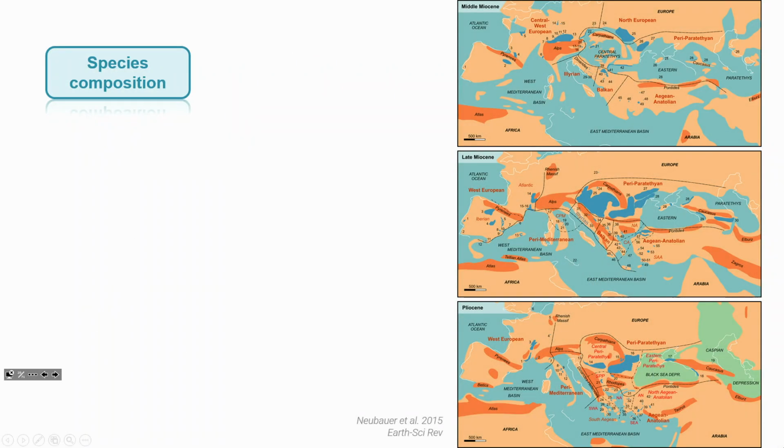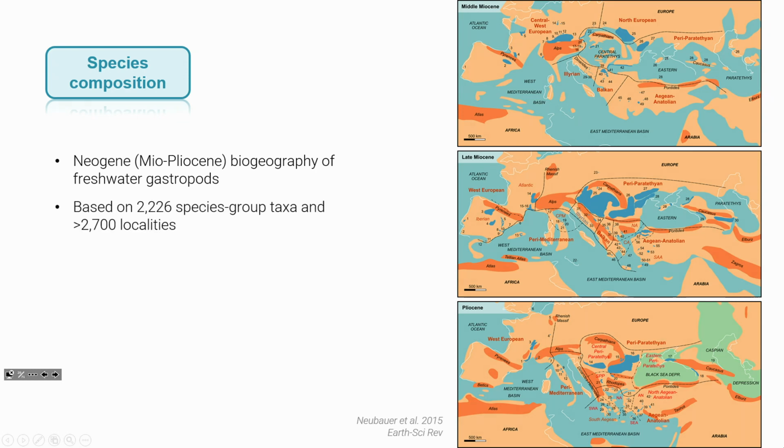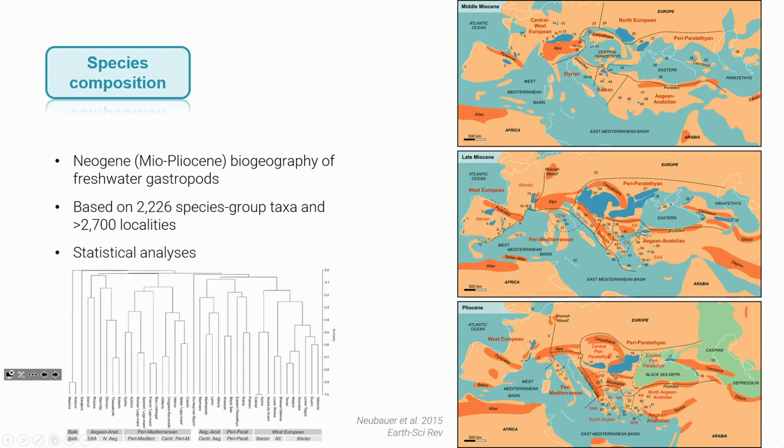Let's start with species composition. We have here quite an interesting case of high biogeographic structuring in the Neogene of Europe. Basically, we use this European species data set that goes back to the Miocene, a bit more than 2,000 species, here also including subspecies, because sometimes we have these geographic subspecies, so this might be relevant here, and more than 2,700 localities, plus some basic multivariate statistics, so that we have some quantitative data to go on and make this reconstruction of what might be reasonable